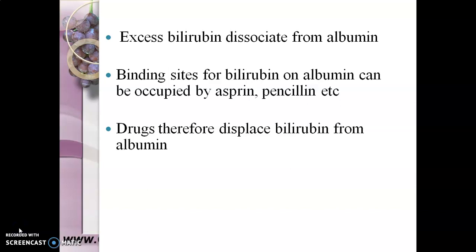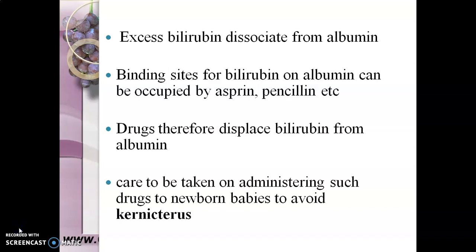when you are administering such drugs, especially in newborn babies, wherein there is already an increased turnover of bilirubin formation due to increased catabolism of heme, which results in increased displacement of bilirubin to tissues like the brain, and hence results in Kernicterus. So the albumin-bilirubin complex in plasma finally reaches the liver.